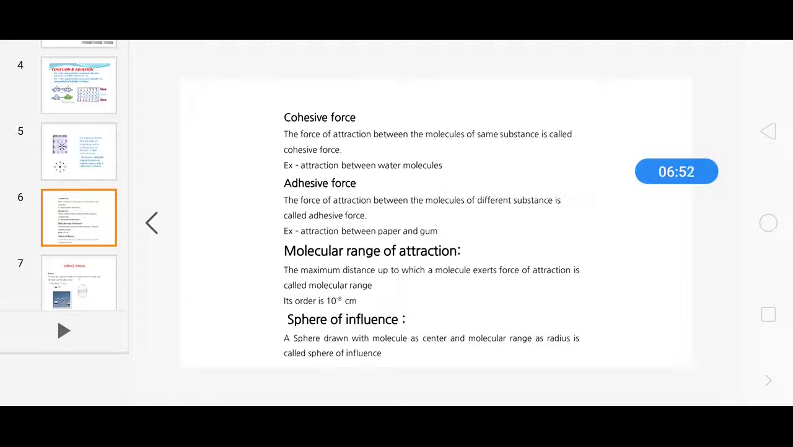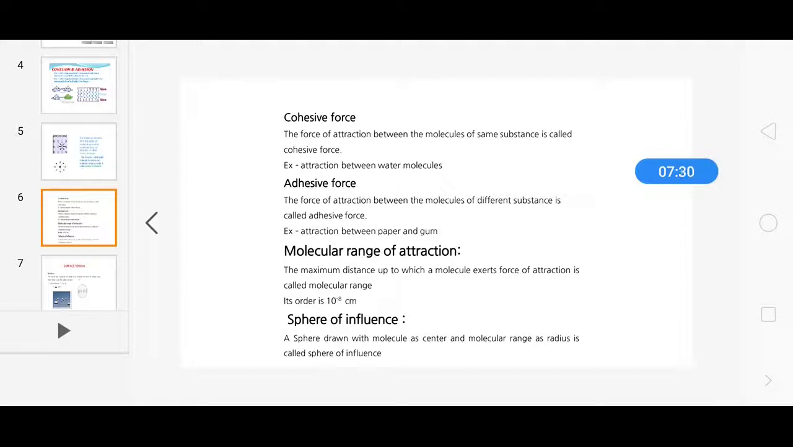And the molecular range of attraction, the maximum distance up to which the molecule exerts some force of attraction, is called molecular range. It is in the order of 10 power minus 8 centimeters. What is the range? General range is 10 power minus 8 centimeters. And the sphere of influence is nothing but an imaginary sphere drawn with the molecule as center and the molecular range as radius. So by using this molecular range and sphere of influence, we can explain the surface tension on the molecular theory